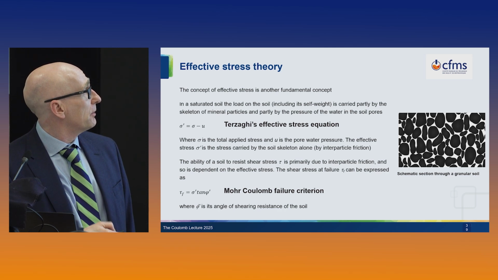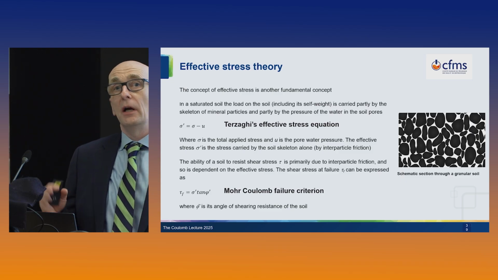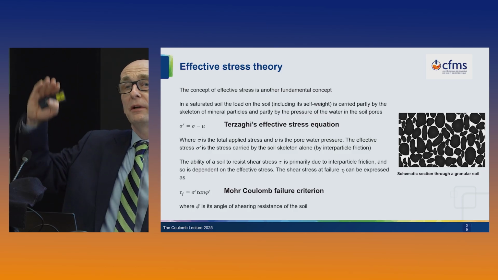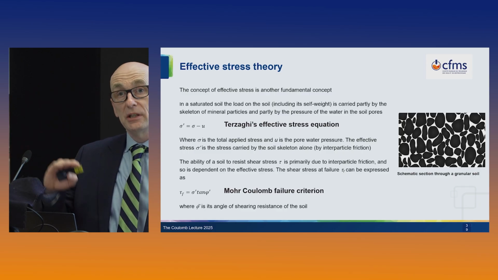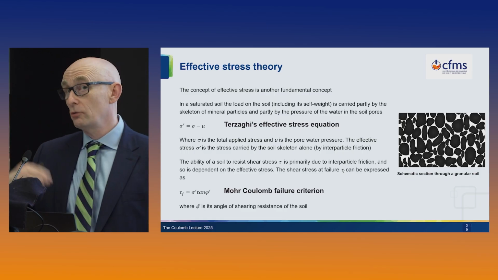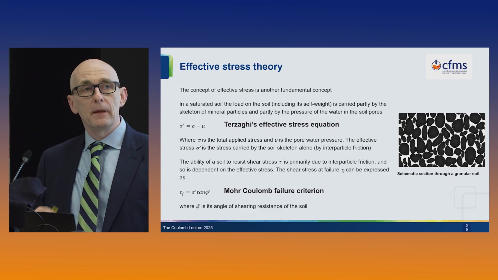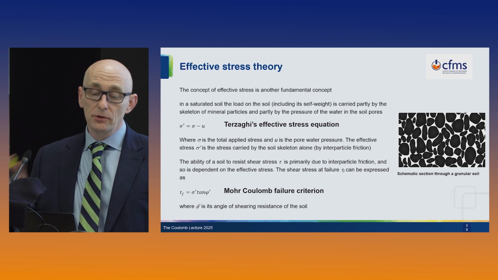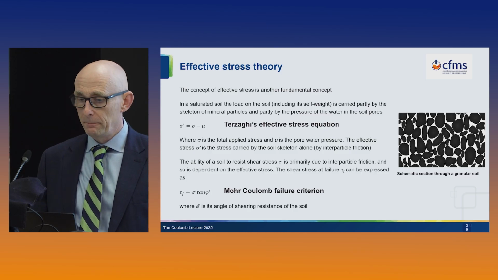We have the Mohr-Coulomb failure criterion, and that tells us that the shear strength at failure of a soil is related to effective stress. And so if we imagine a scenario where we're lowering the groundwater level and therefore reducing the pore water pressure, we're increasing the effective stress. So in theory, we're making the soil stronger. But to go the other way around, if we have a high groundwater level, high pore water pressures, low effective stress, the soil will be weaker. And I'll discuss in a moment, if we get to the point where the effective stress becomes almost zero, the soil can lose nearly all its strength.